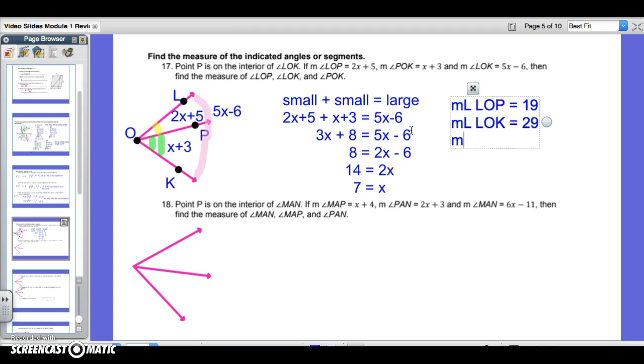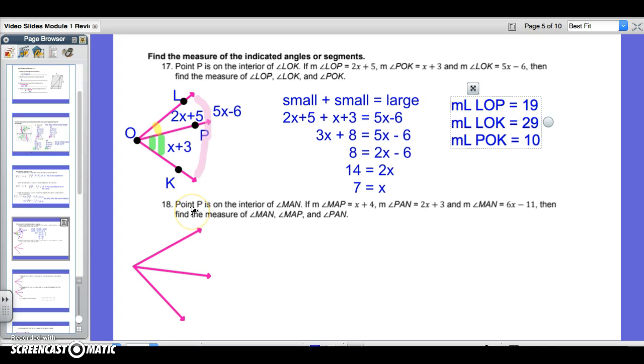And then we have the measurement of angle POK, which is the other small angle. And I'm plugging in 7 to this, and 7 plus 3 is going to be 10. And those are all degrees. So those are all degree measures on that question. Okay,